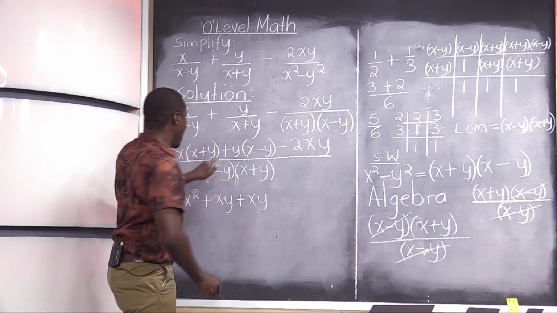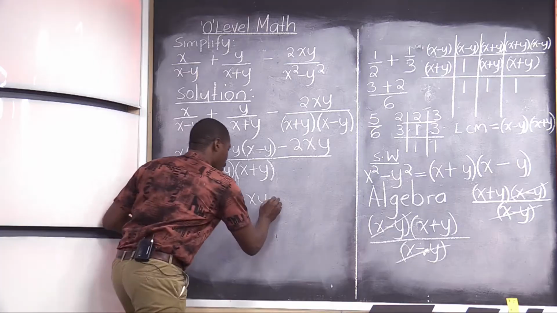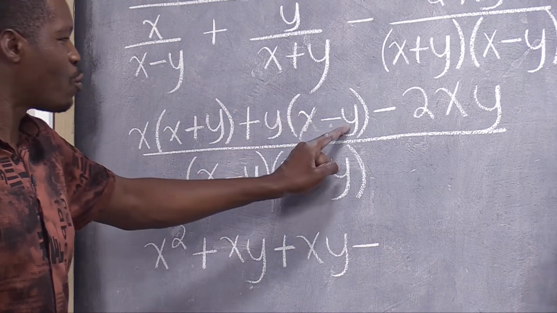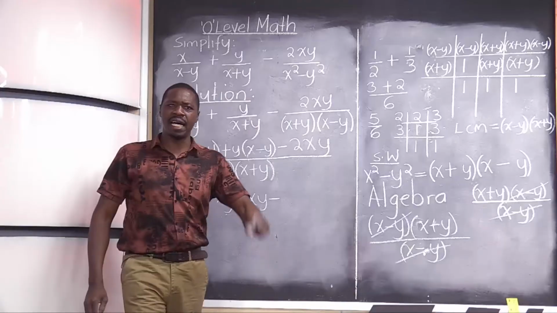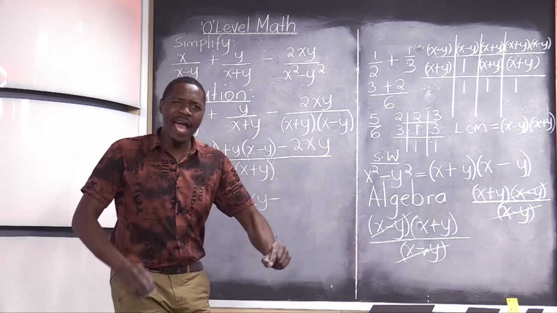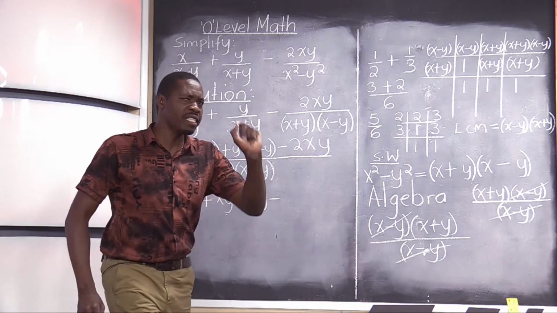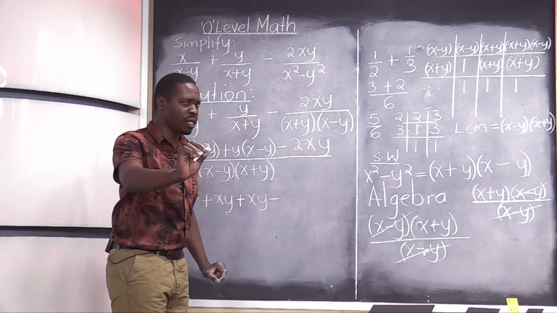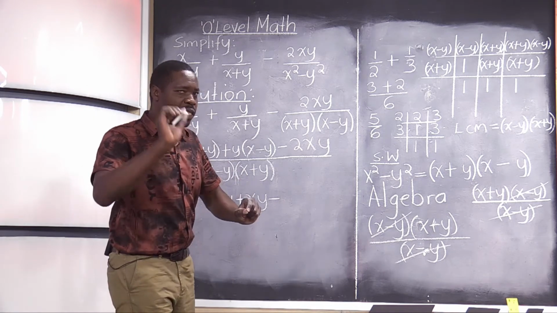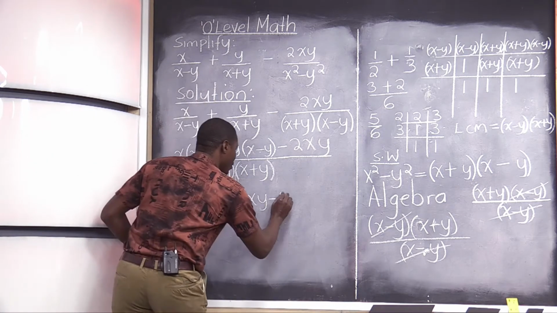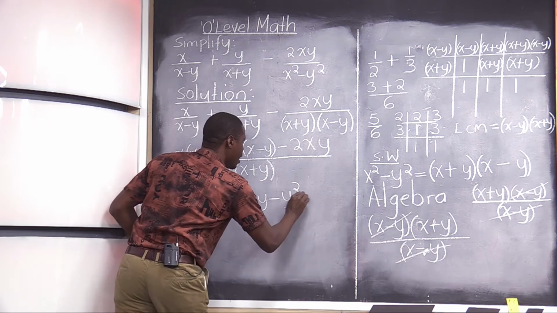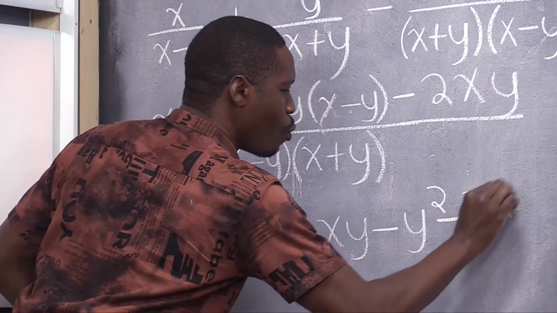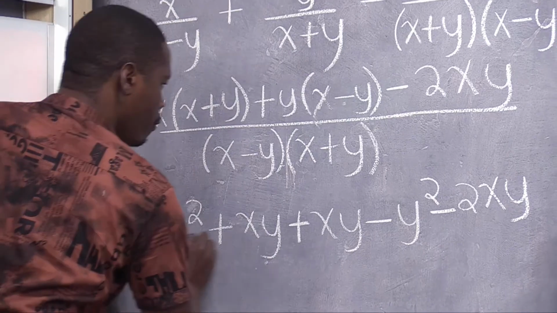Xy. Now, a positive times a negative, you get a negative. Y times y. Someone again is telling us 2y. Y times y, you don't get 2y. I don't want to be rude, but y times y, you get y squared. Good. So we have y squared minus 2xy all over